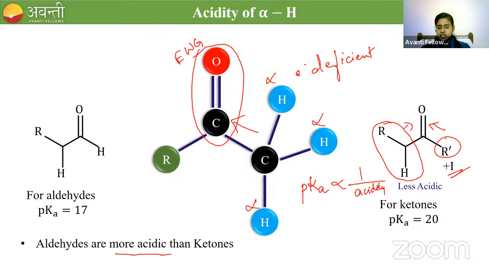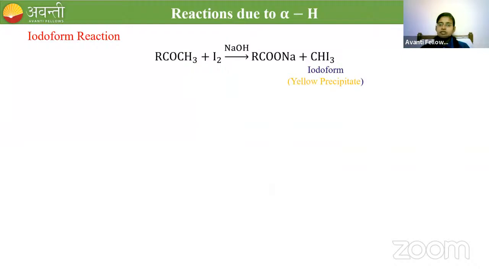Is it clear? Shall we go for the reactions due to alpha acidity of alpha hydrogen? Able to understand why ketones are less acidic than aldehydes? Students? Yes. Thank you, Bhagat. So the first reaction under this, we are discussing the fourth chemical reaction, and